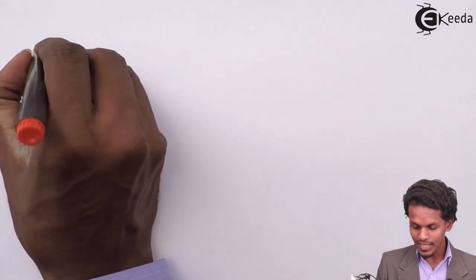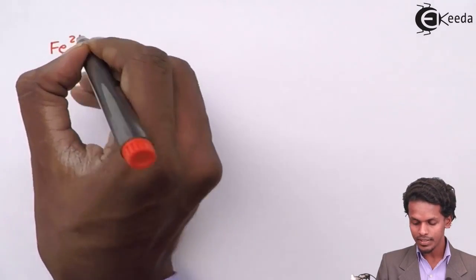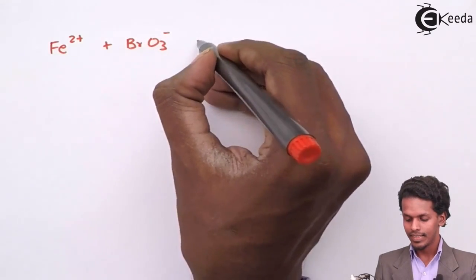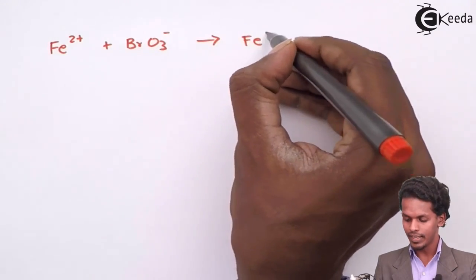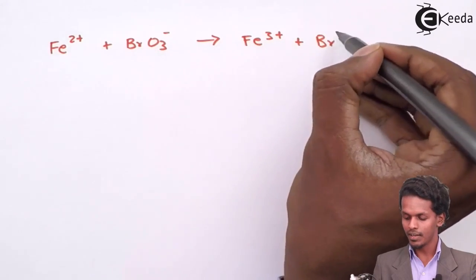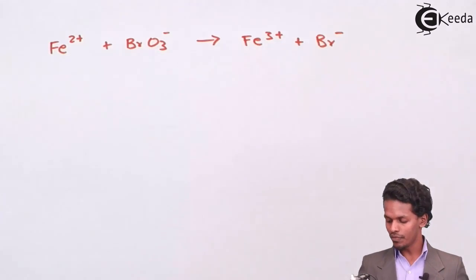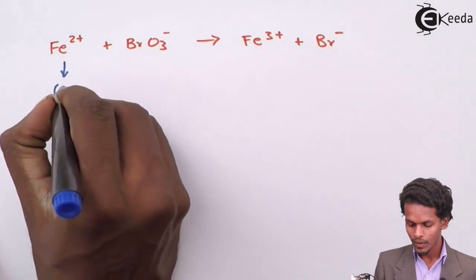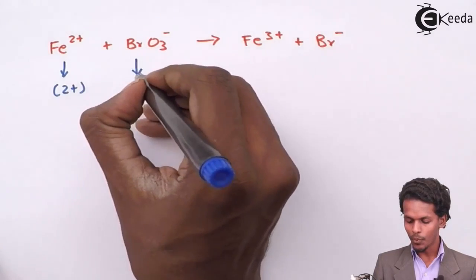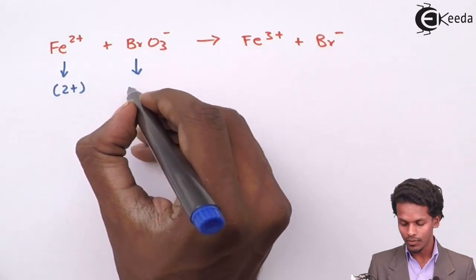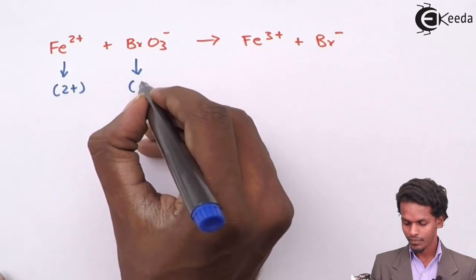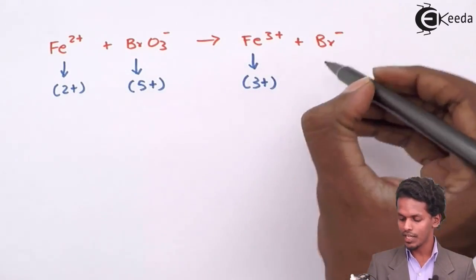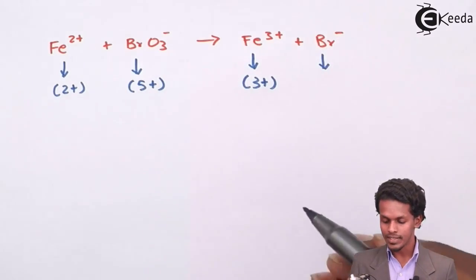So the overall reaction that we have now is Fe2+ + BrO3- giving Fe3+ + Br-. The oxidation number of Fe2+ was found to be +2, while that of the bromine atom in BrO3- was found to be +5, while in the case of Fe3+ it is clearly +3,